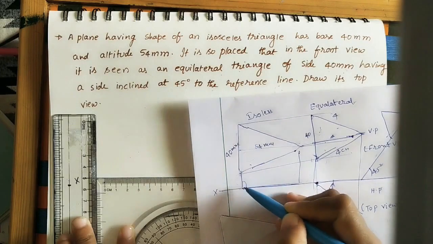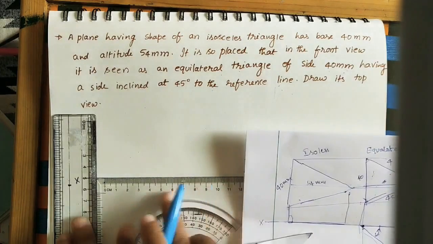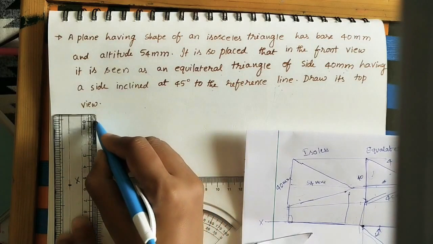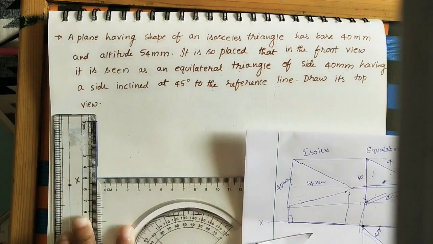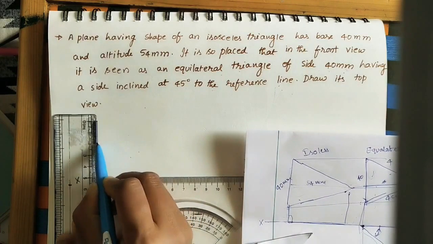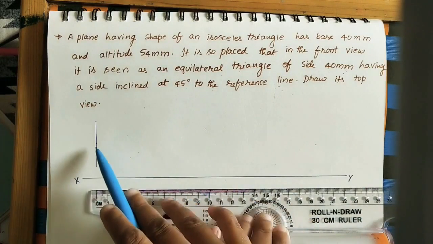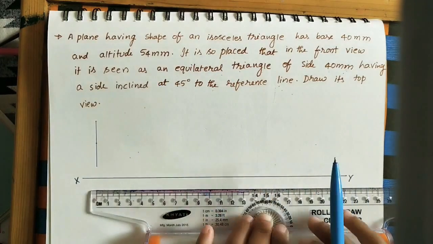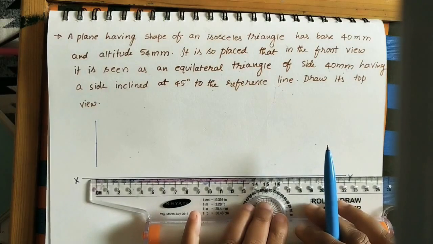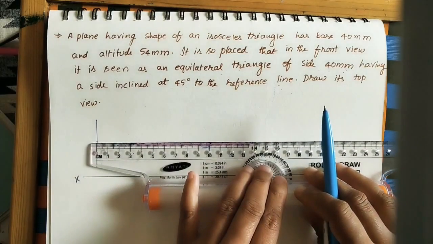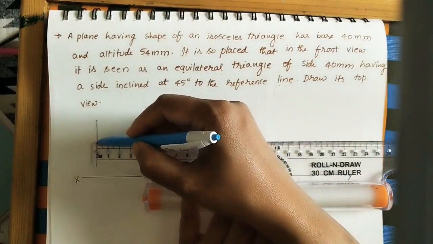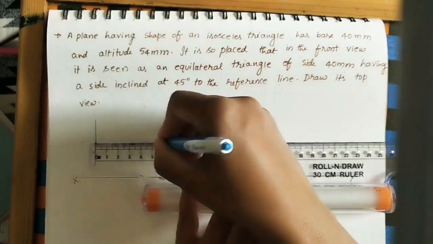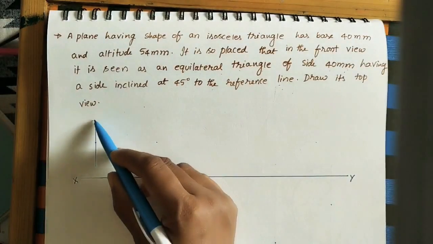This line and this XY line should be at 90 degrees. For keeping 90 degrees, as we know, on this protractor this is 90. So take 4 centimeters like this. Mark the middle point also. Here take the reference line. At the middle point, mark the height of the isosceles triangle. The height is 5.4 centimeters. So take this as the reference. I am using a ruler scale. Here take the height as 5.4 centimeters, so this height will come here. Just mark one point. Join this point to this point and this point.